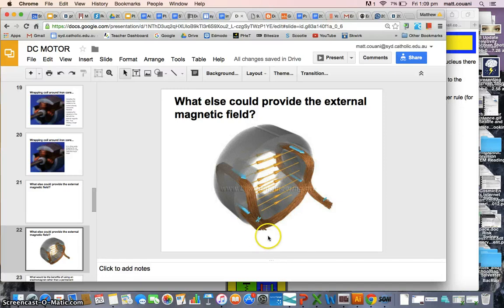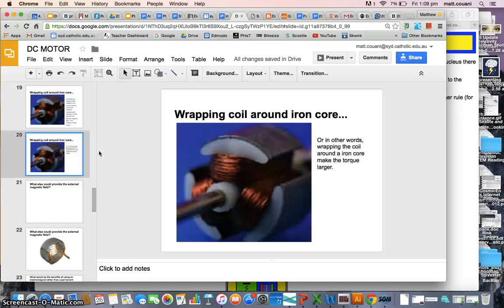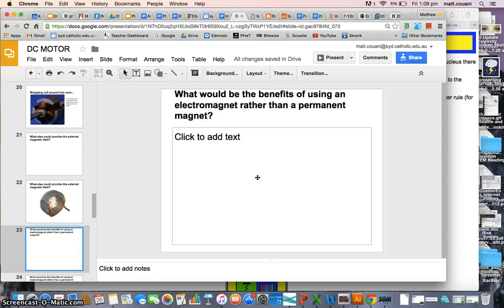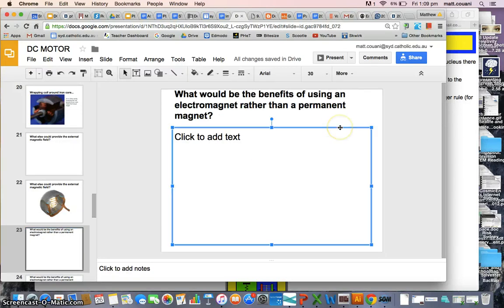What I've got here is current carrying conductors that are designed in such a way that if the current flows through them, we can create a magnetic field here from left to right. So rather than having the north here and a south here, I've got current carrying conductors creating the magnetic field into which I'd place a set of coils like this that would go right in the middle, and I would get those coils rotating. And the question is, what would be the benefits of using an electromagnet rather than a